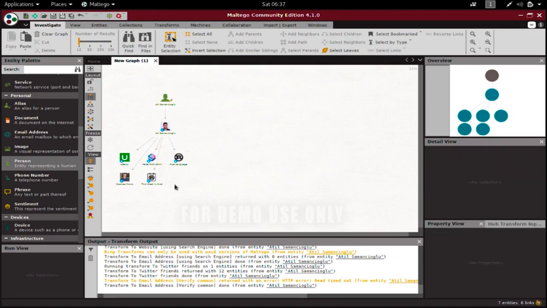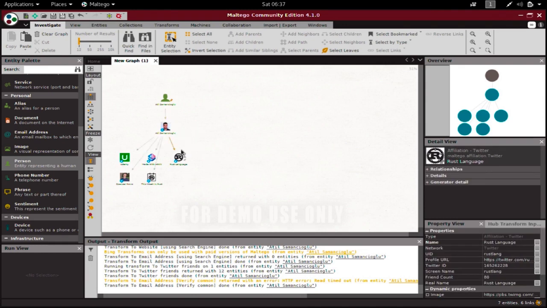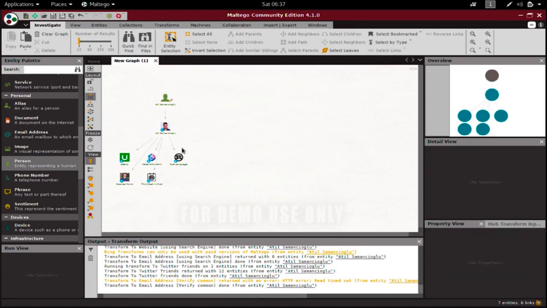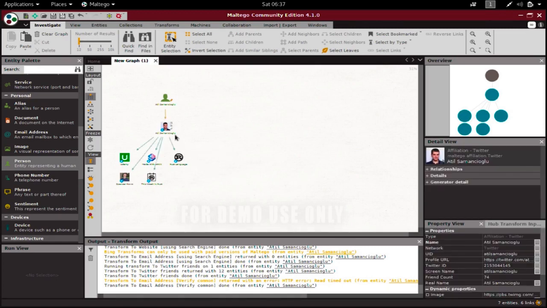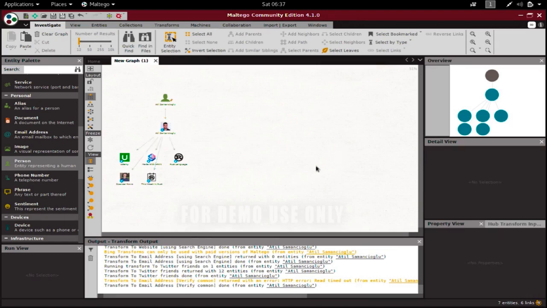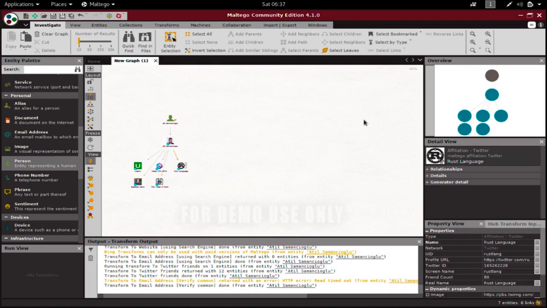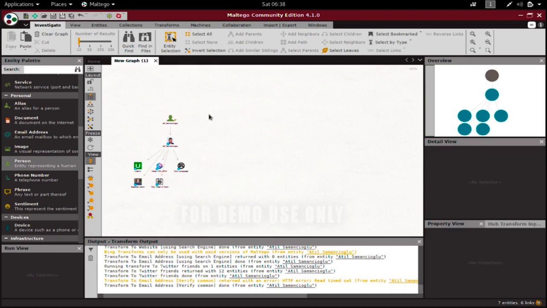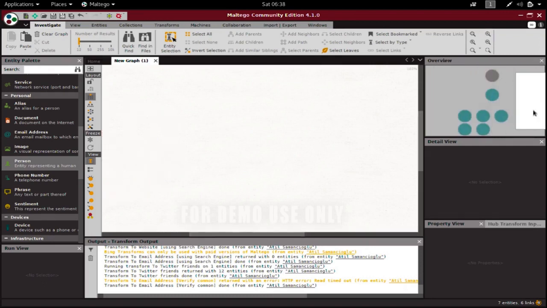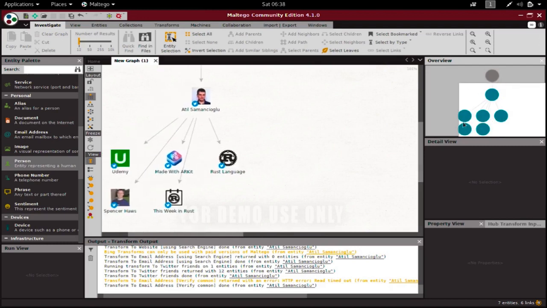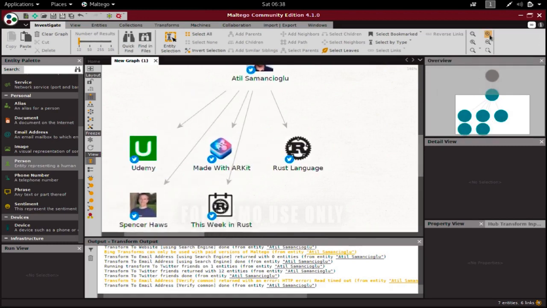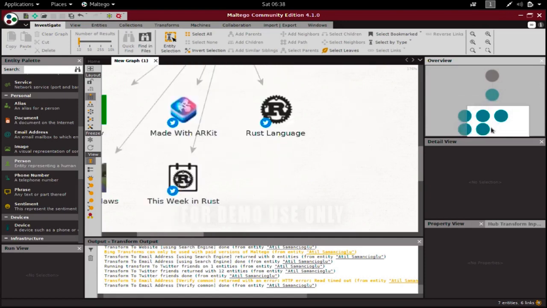And what can you get out of someone's Twitter friends or someone's Twitter followers? You may try to understand what kind of a person he is or what kind of a job he is into. Okay, so our target is this guy, so this is Atil Sam, and actually this is a picture of me from 10 years ago. I'm more than 30 years old. Okay, so let me zoom in a little bit so we can see my ugly picture and other results as well. So let me drag this a little bit here and let me zoom in a little bit more,